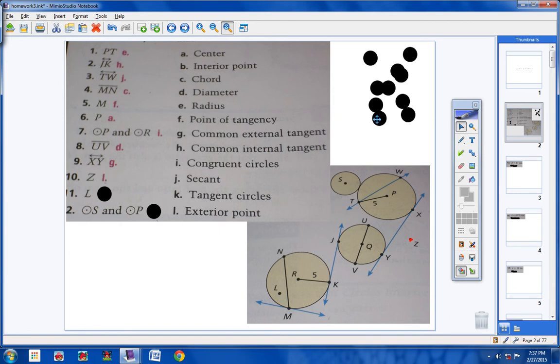So letter L, okay? Point L for number 11 is right here. That's on the interior of a circle, so we're going to call that an interior point, or the interior of a circle. Letter B. And then lastly,